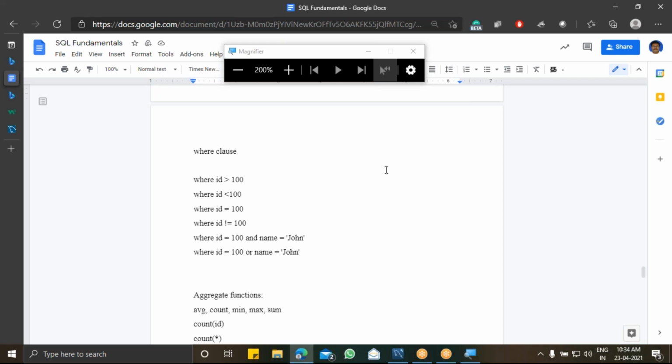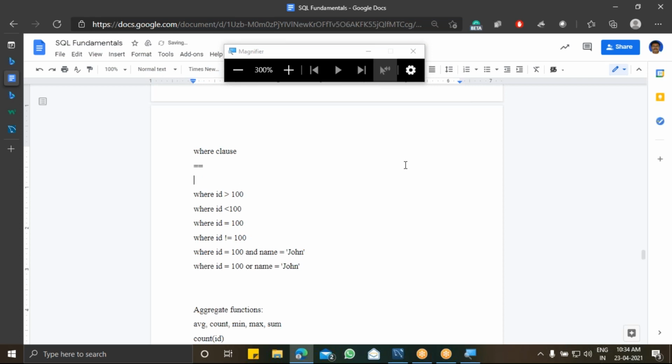Now what are the operators that I can use in my WHERE clause? We normally have these condition-checking operators. We can use equal, where in SQL it is just a single equals sign, and also not equal. In some databases, they use a different symbol for not equal.